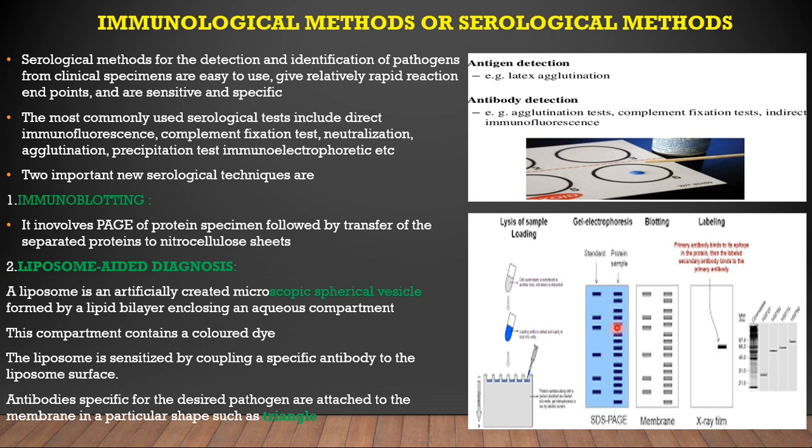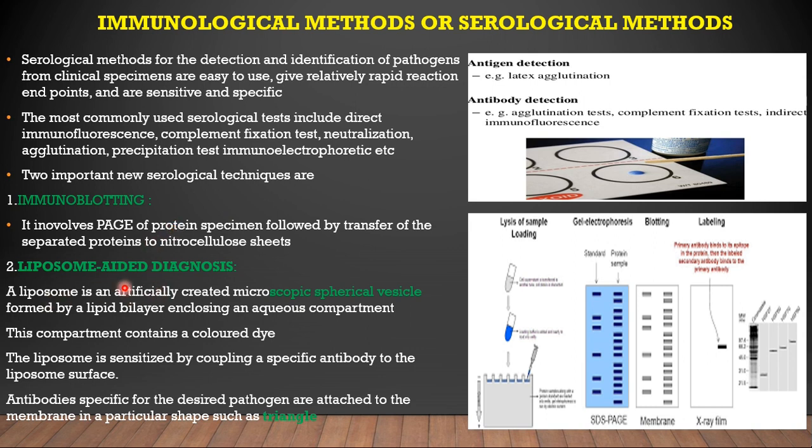This procedure mainly is going to demonstrate the presence of common and specific proteins among different strains of microorganisms. This immunoblotting also can be used to show the strain-specific immune responses to microorganisms, and it is going to serve as an important diagnostic indicator of a recent infection with a particular strain of microorganism. So we can here identify the specific microorganism as well as the recent infection that was caused by it.